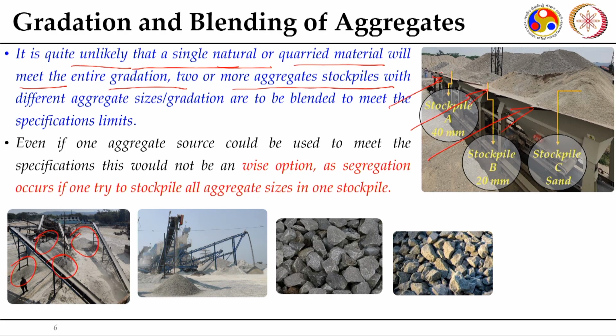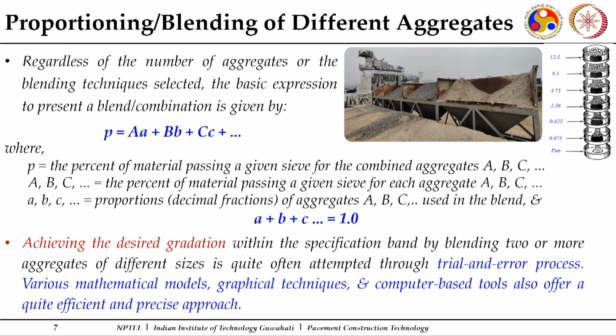Now, you have to figure out how much of stockpile 1 is to be used, how much of stockpile 2 is used, how much third is to be used, and how much 4 is to be used. So, this is an important exercise during a mix design, to determine what proportion of these individual stockpiles are to be used to achieve your desired gradation. For attempting this particular proportioning, there are different ways, but one important aspect in all cases is,